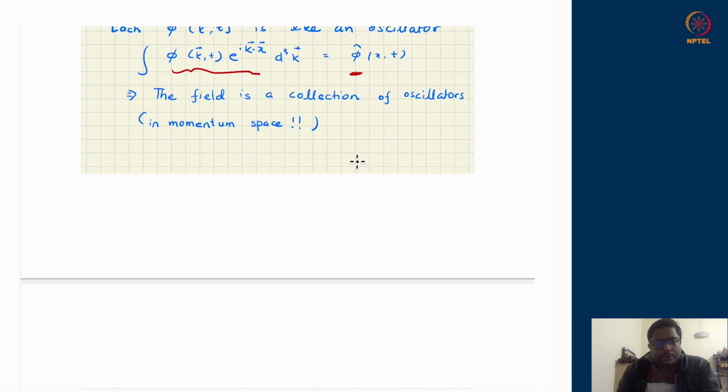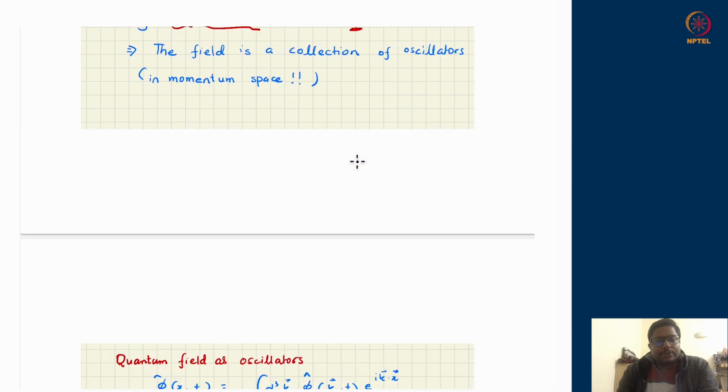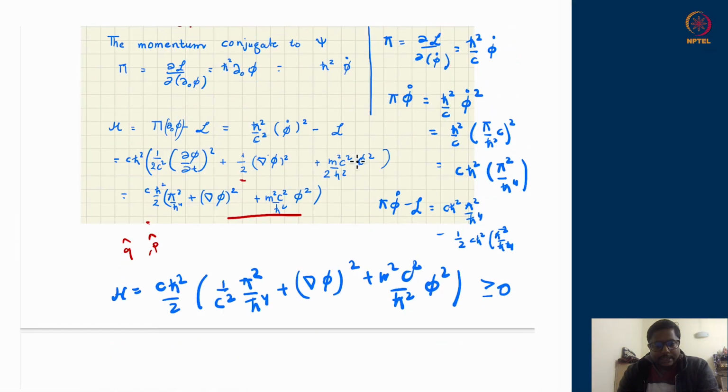We move forward in this class to see more clearly the oscillator structure and the quantization of oscillators as we used to know. The same machinery will be employed here, and we will get a bunch of oscillators with their quantum properties collectively making up for the properties of phi of x,t. Before moving to that, let us see a previous thing which we had.